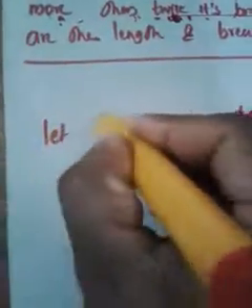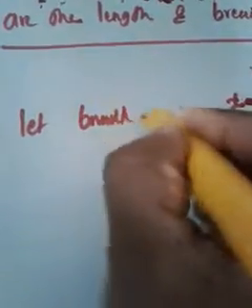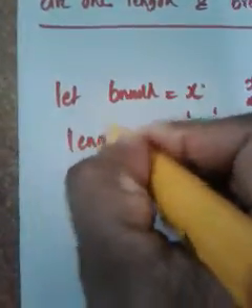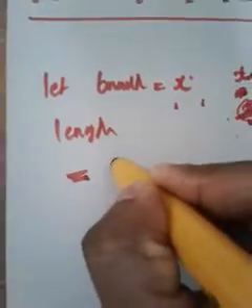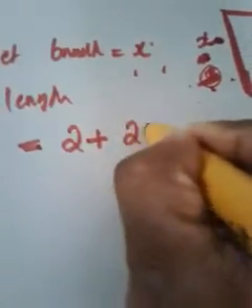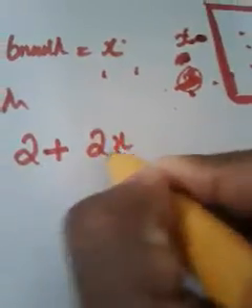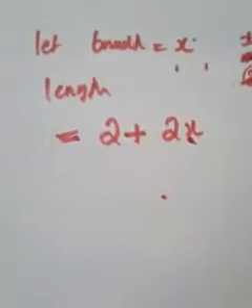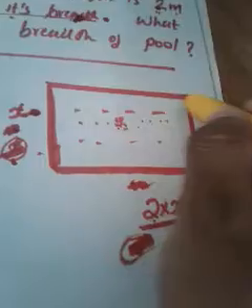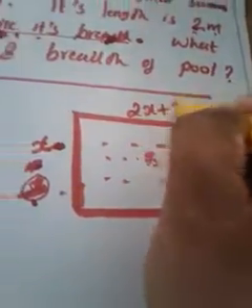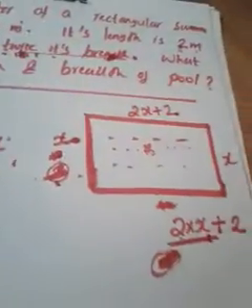Okay, you may have understood. So you have to write in words. Let the breadth be x. Then what will be the length? Length is 2 more than twice the breadth. So if the breadth is x, twice means 2 into x, then plus 2. If this is 2 into x plus 2, then the opposite side is automatically 2x plus 2. If this is x, this is also x, because in a rectangle opposite sides are equal.